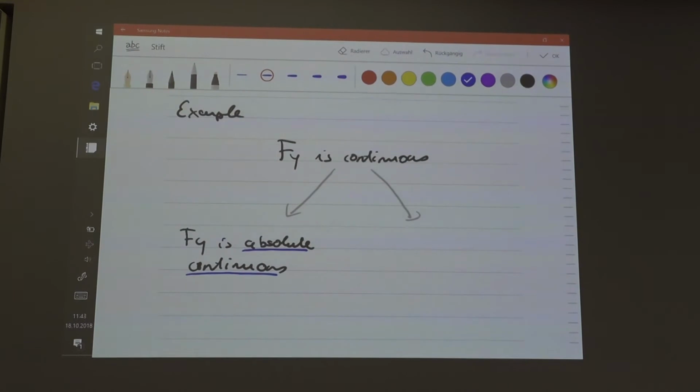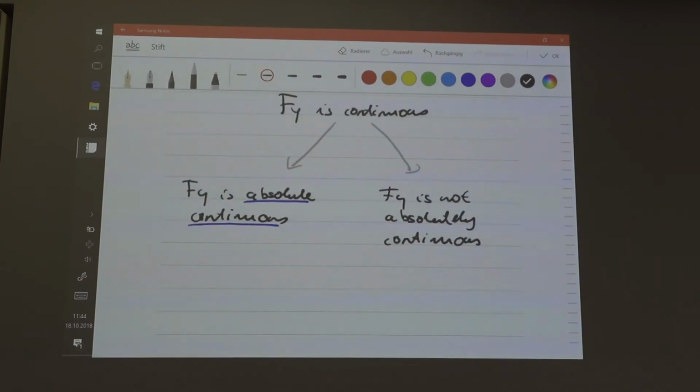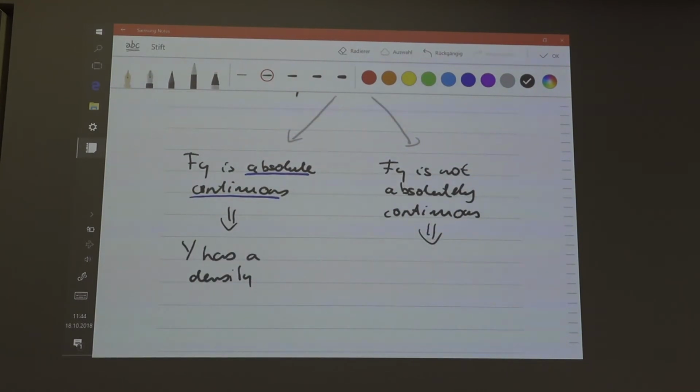If F_Y is absolutely continuous, then the random variable has a density. Maybe you've heard of that. So Y has a density. And if F_Y is not absolutely continuous, again, the term absolute continuity is a mathematical expression which is relatively complicated to define, so I'm not going to do this here,